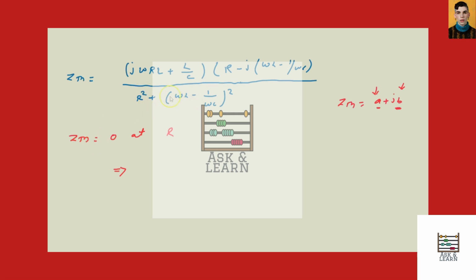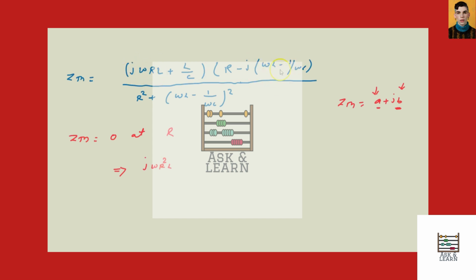By putting this concept, this value will be 0, and in the numerator j omega L R multiplied by R gives the imaginary component. Then we put this value here, j omega R square L, and if we multiply j omega RL to this function,